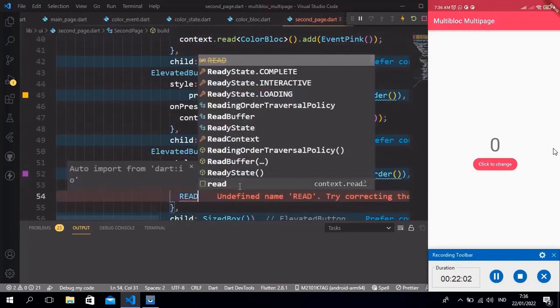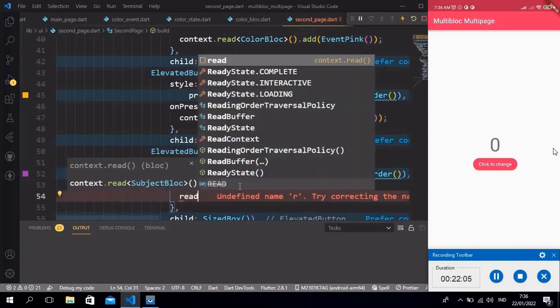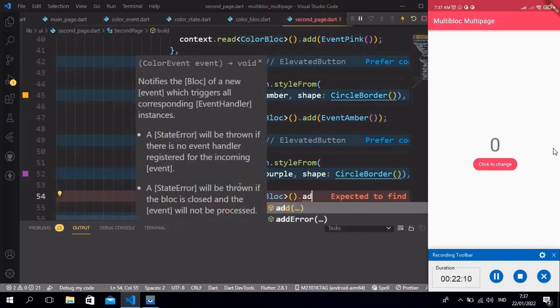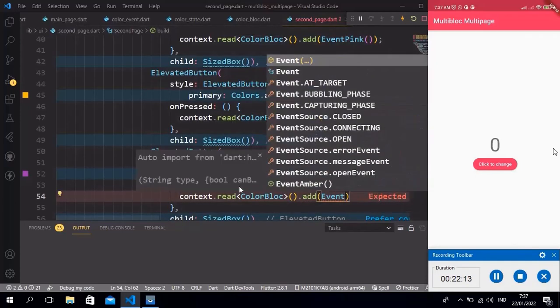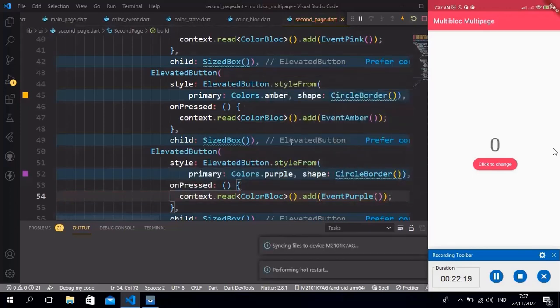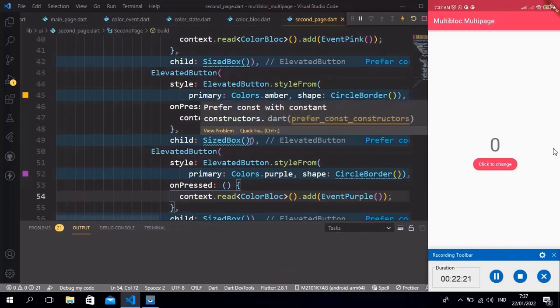If the color of the button is purple, then we should trigger the purple event. Okay, the app runs normally and good. That's what we want.